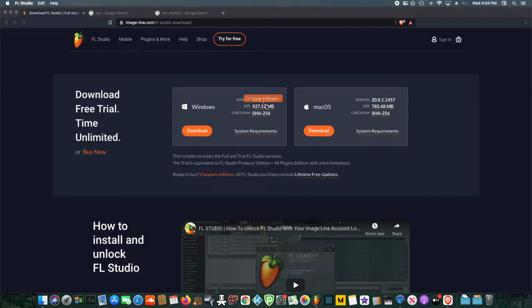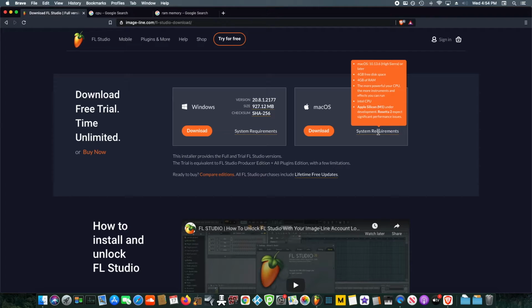Both the CPU and the RAM. So I have an i7. I think there's an i5 and an i7. So I have Intel, because with Mac, if you get the new one, they just came out with the M1 Silicon Mac. A lot of the VSTs aren't supported on that due to it being like a custom